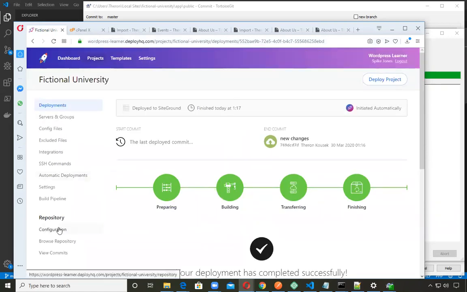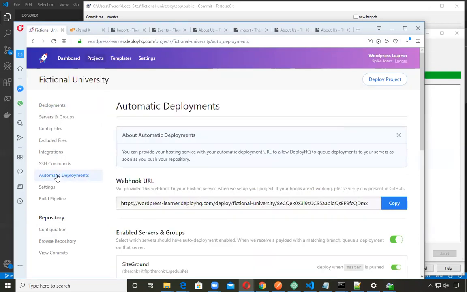So the long and short of it is, anytime you check in changes to your GitHub repo, this particular automated deployment feature is going to wake up, pull all of your changes, and do another deployment. And I have this automatic deployment set up to go to